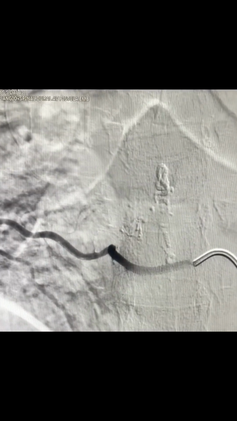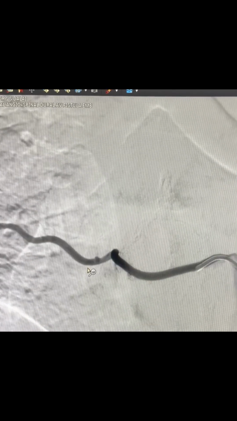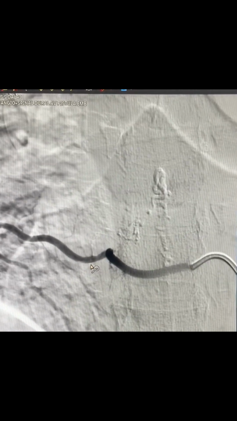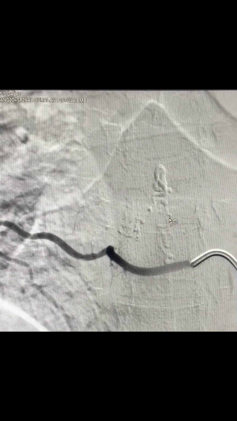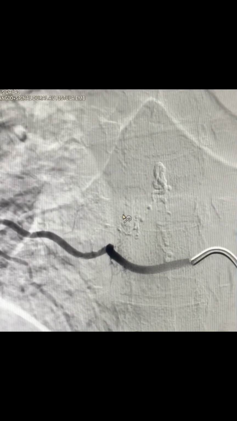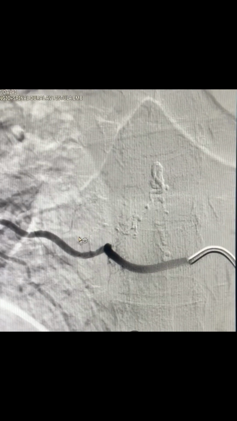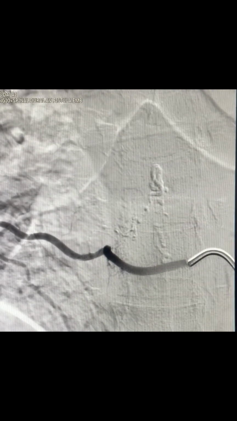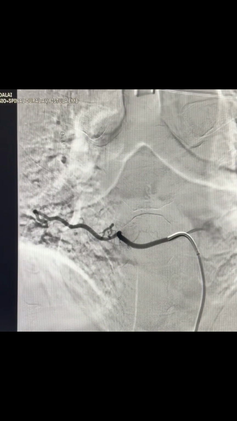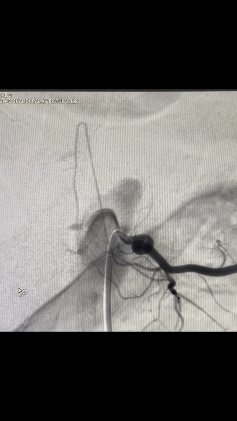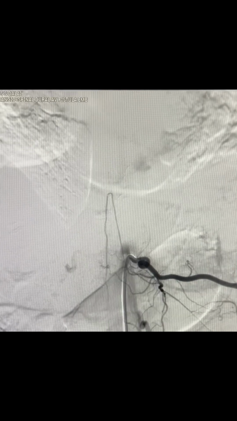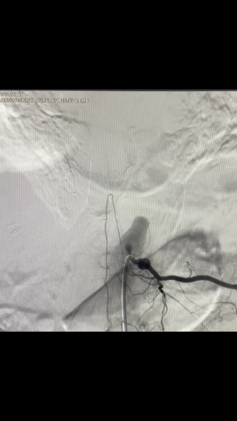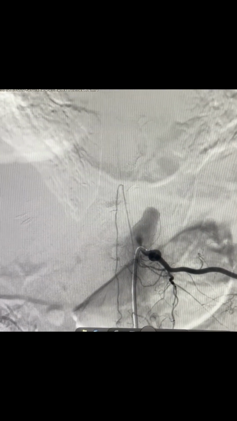You can see the glue cast here, and this is the angiogram after the embolization of the spinal dural AV fistula completely. You can see that the fistula is no more filling, and instead the fistula is occupied by glue completely, and the fistula has been taken care of. And this is an angiogram which is showing absolute cure of this fistula. And finally we wanted to check the ASA, which is looking very beautiful and filling much nicer, and that is how we achieve complete cure of this spinal dural AV fistula.